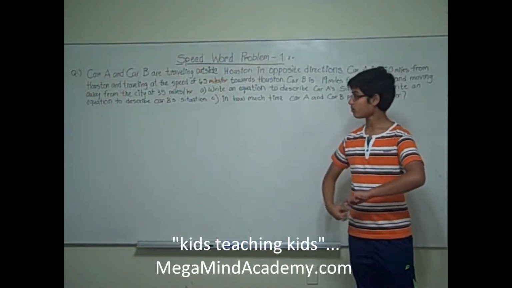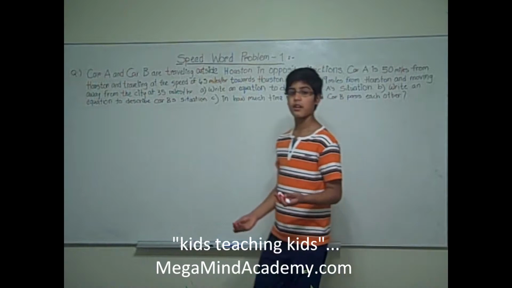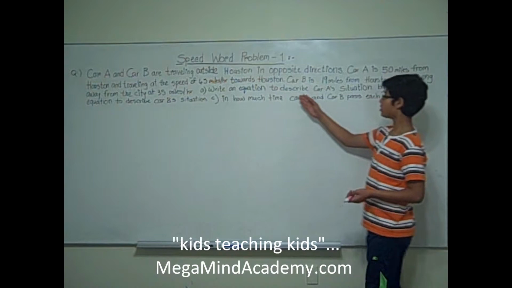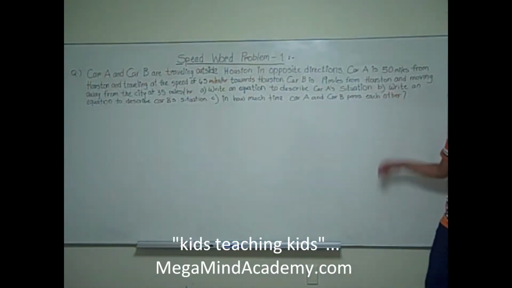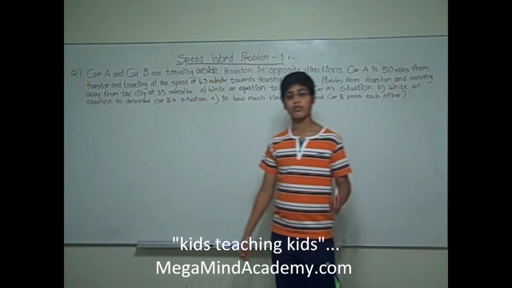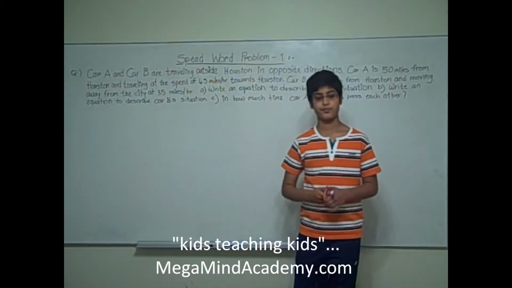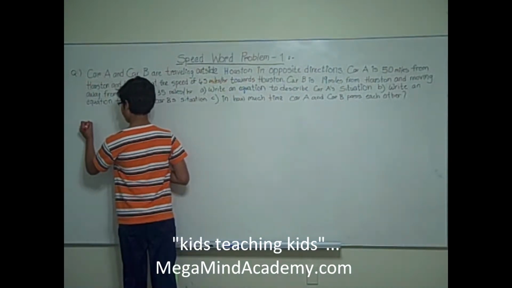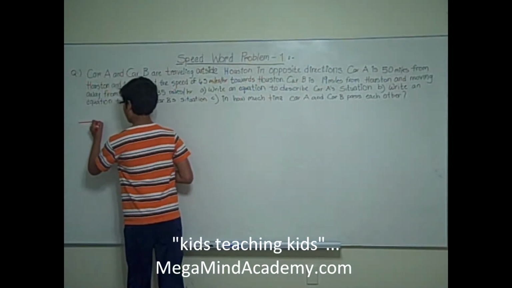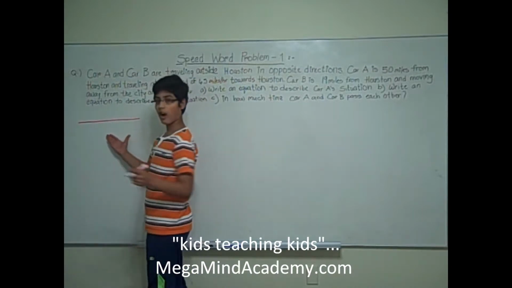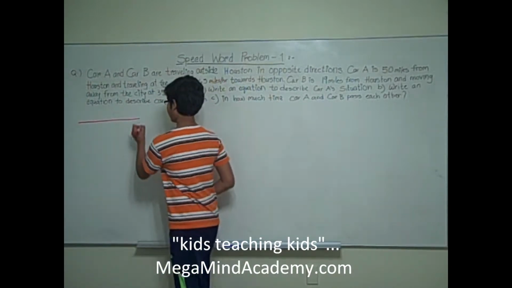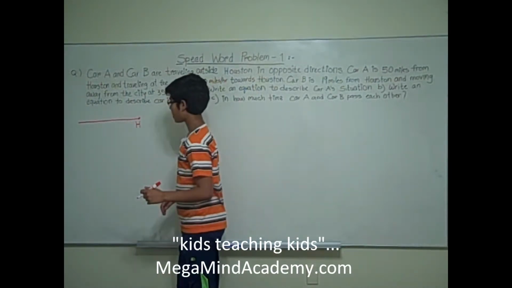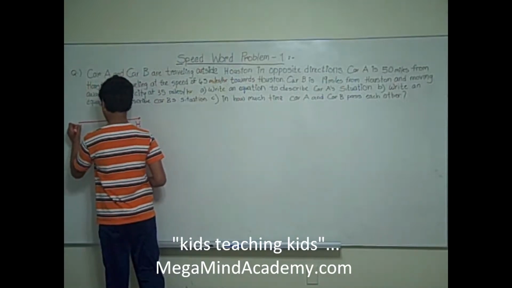Now, let's first start by solving problem A. Problem A is write an equation to describe car A's situation. Let's first draw car A's situation. This is the road that car A is on, and here is Houston. H for Houston. Here is car